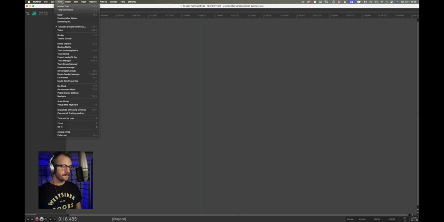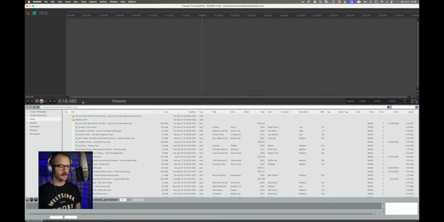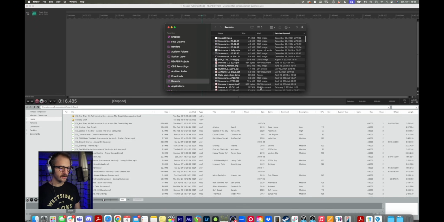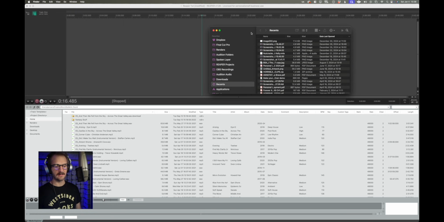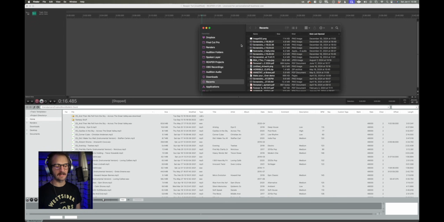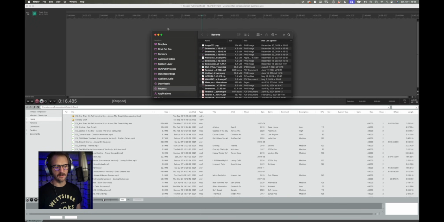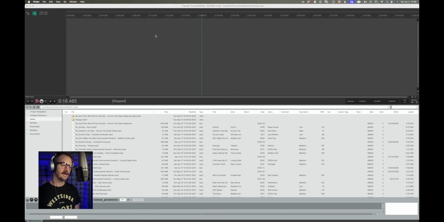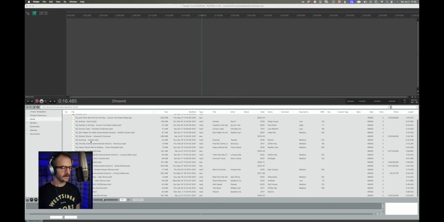Back up to View. The next window that I like is the Media Explorer. This window is basically the Finder application in Macintosh, and the equivalent in Windows, but just nested into Reaper. And the benefit of having the Media Explorer over just the Finder window to drag files into your projects, you'll see here I've got a bunch of different songs that I use in demos or client projects here and there. And if I click on one of them,